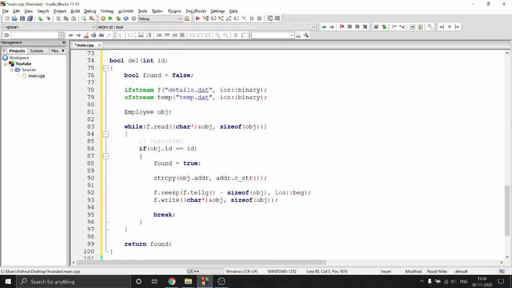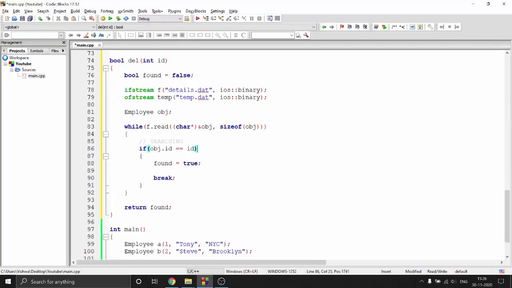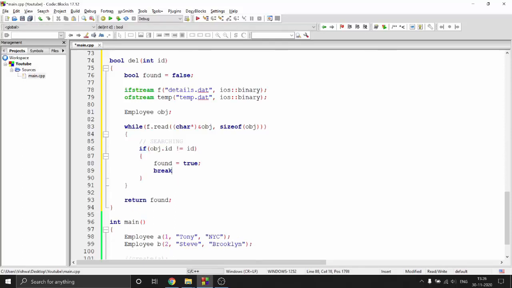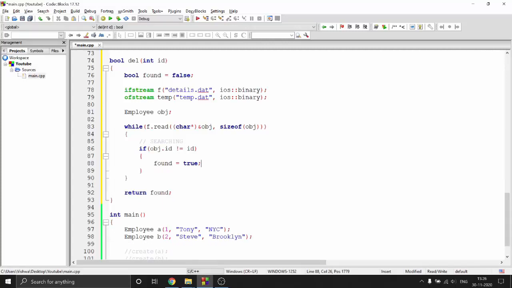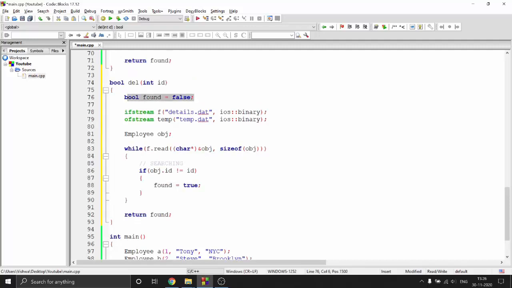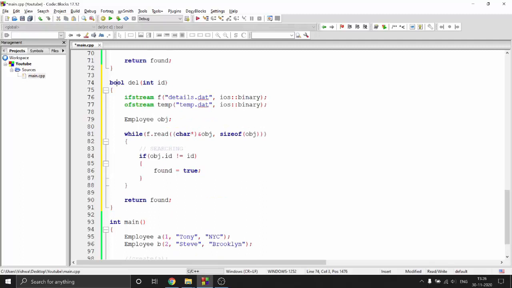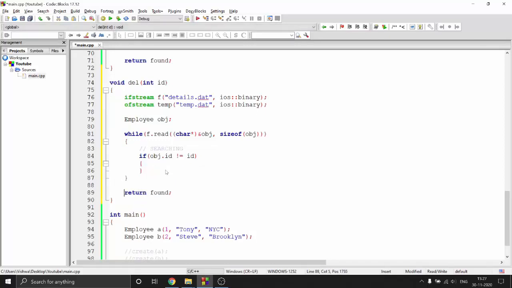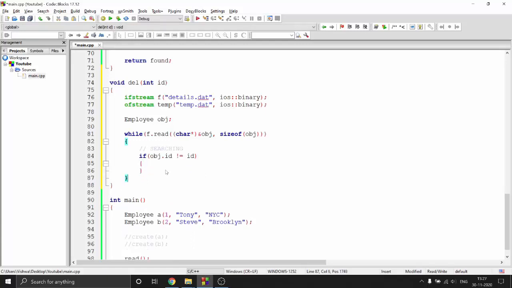And here, if the ID matches, we don't have to do anything. We'll just skip that. But if the ID does not match, well, you don't even need this found equal to false. You don't have to search for this. If you think about it, you're just trying to delete something which does not exist. So basically, you just skip it. If it does not exist, you're not going to delete anything. So yeah, you can skip that. This found can be skipped. It's not required. And this return statement too, it's not required.